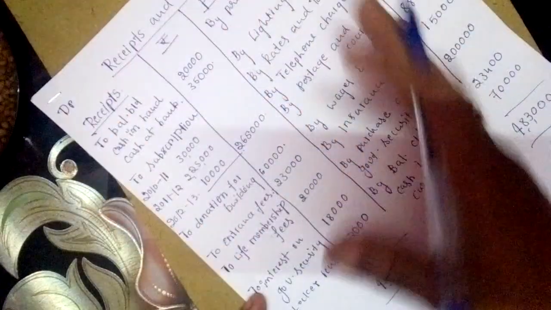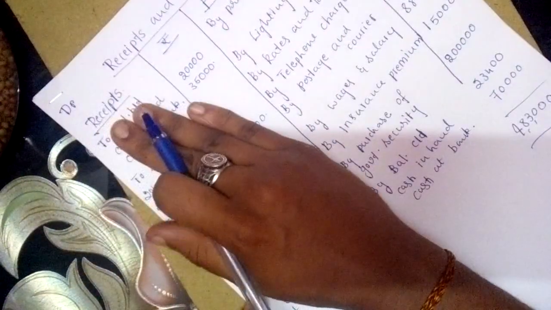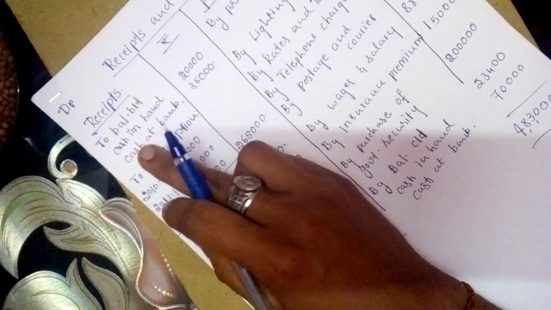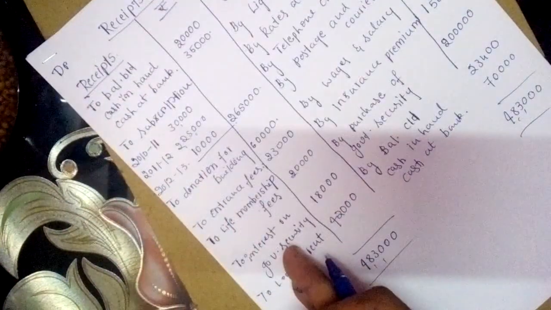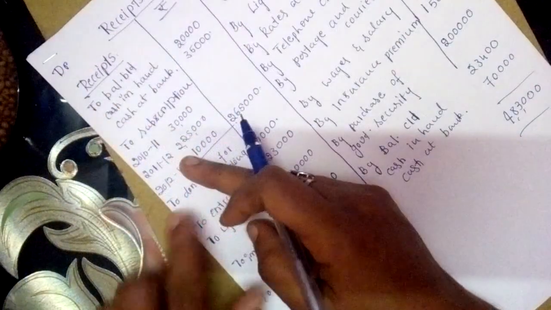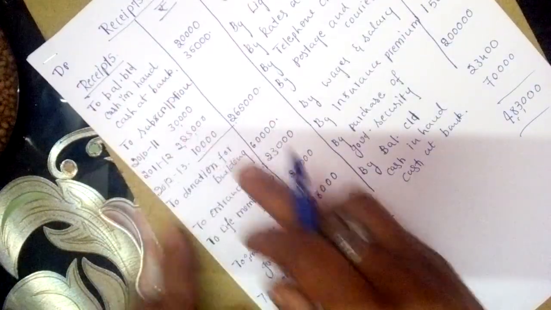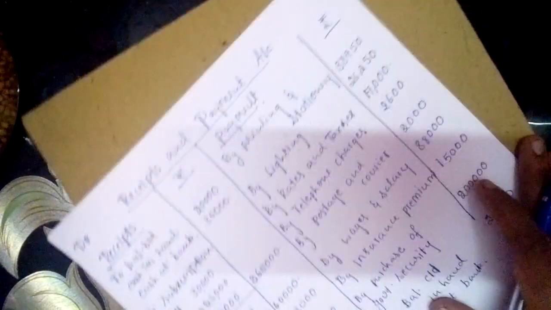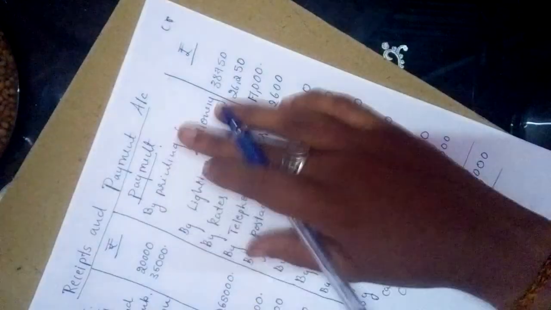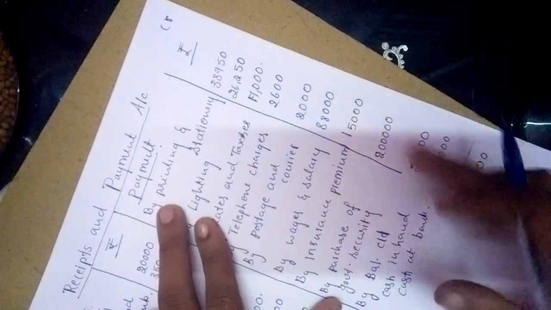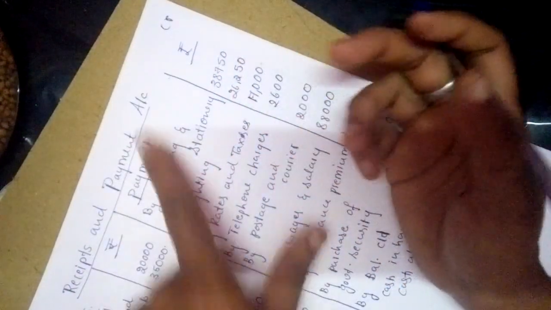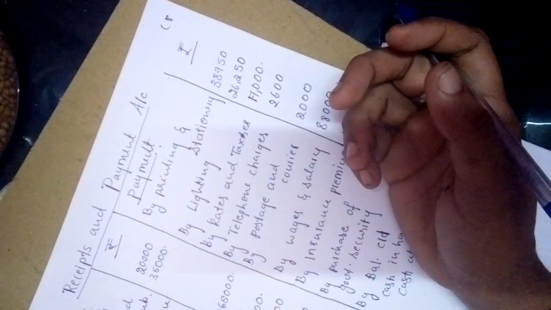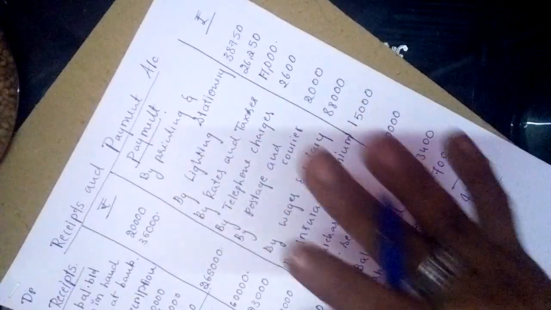In this manner you should prepare the format, and this is the step you need to follow at the time of preparing receipts and payments account, where the first step is recording of opening balance, that is cash in hand and cash at bank, transferring all the receipts, and under all receipts we need to record both revenue receipt as well as capital receipt. While recording the payment side, we need to write all the payments, whether revenue or capital. Then we need to find out the total of debit side and credit side. The balancing figure needs to be written properly. So this is the way of preparing receipts and payments account.